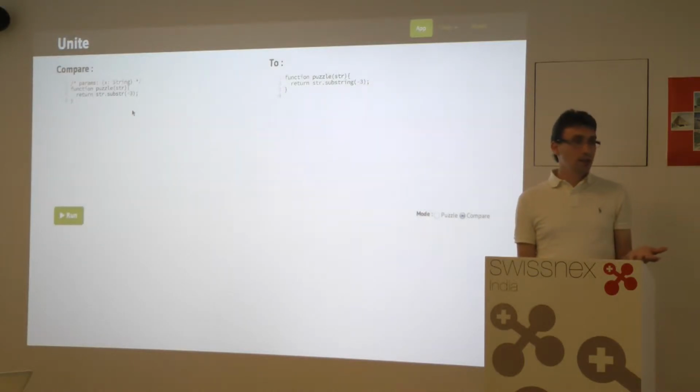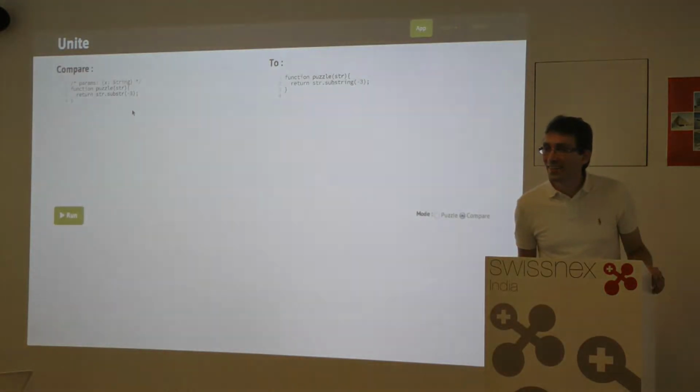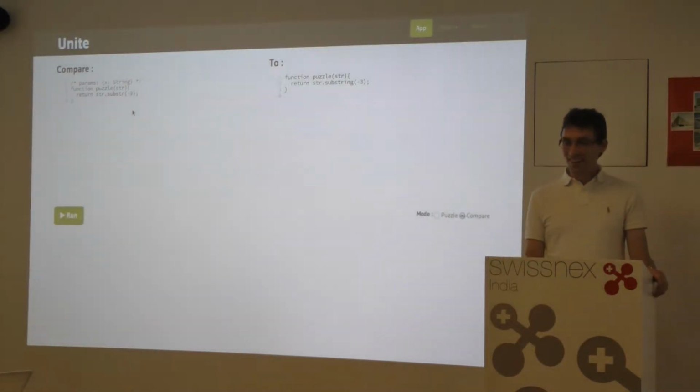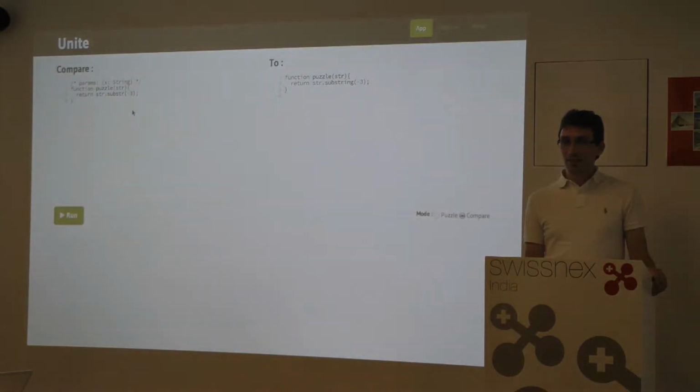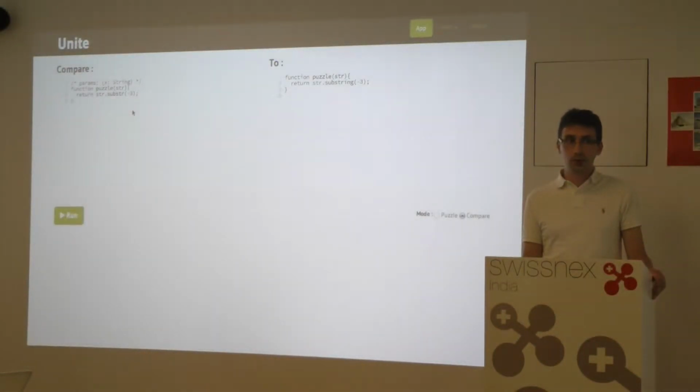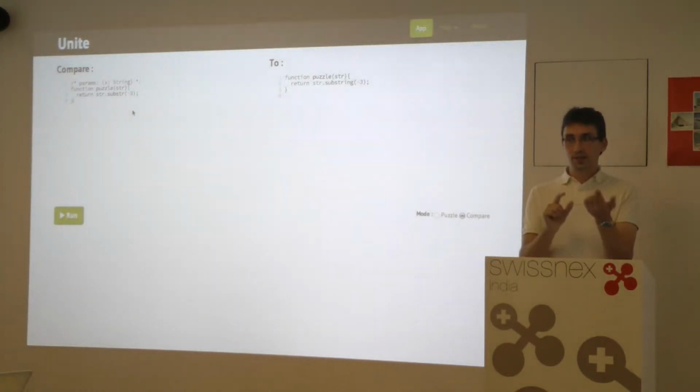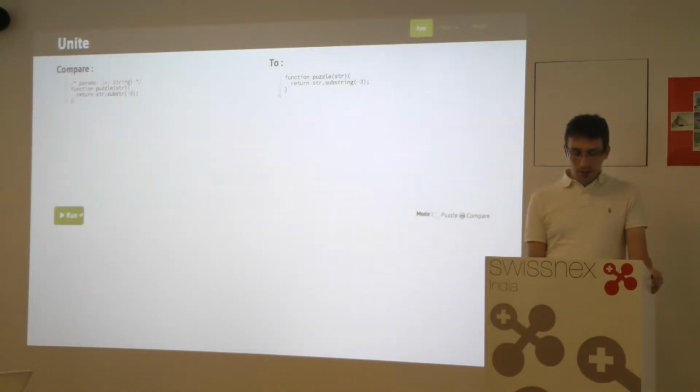So what do you think? Is Unite going to be able to find differences between these two implementations? Yeah, exactly. It has to be there. Yeah, so that's a good thing. But any idea what the difference will be? That's actually something I didn't know either. But substr and substring are supposed to do exactly the same thing, but the parameters you pass to them actually work slightly differently. So if I run this thing,